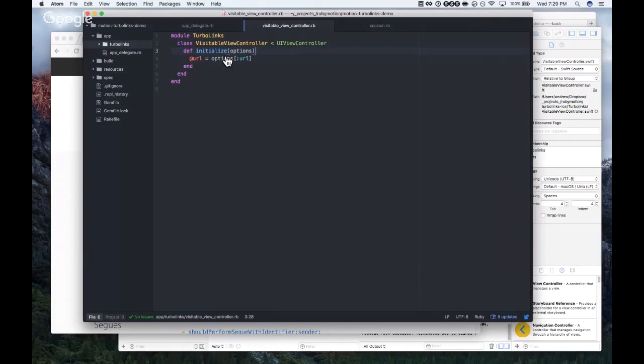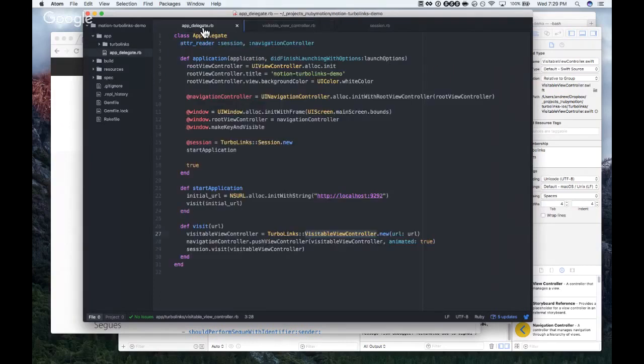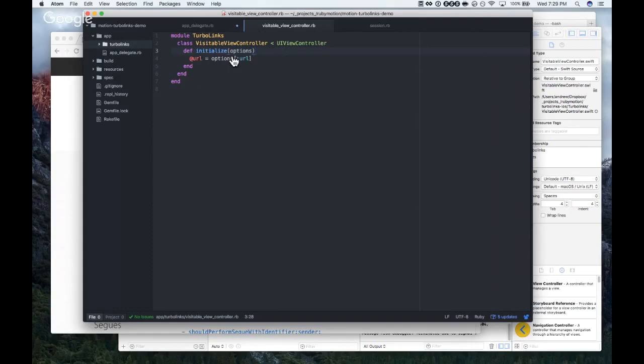I'm going to assume that I can call new, which is basically the equivalent of calling alloc init, except we've got our default initializer here in RubyMotion, not init.